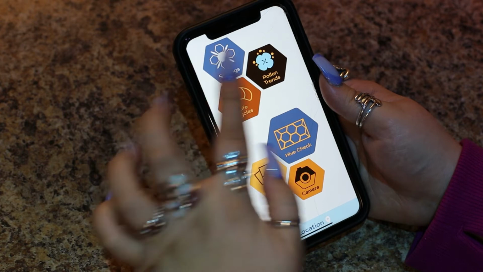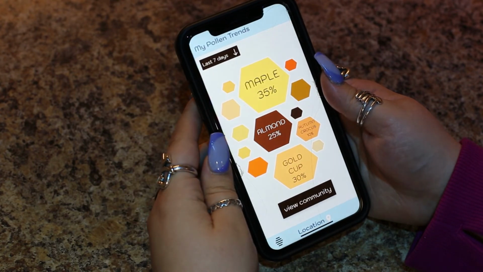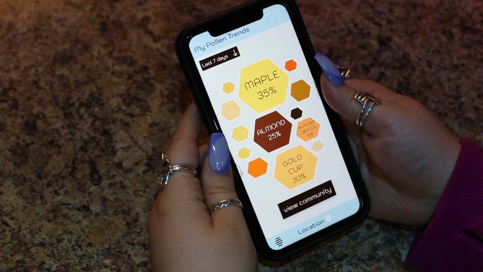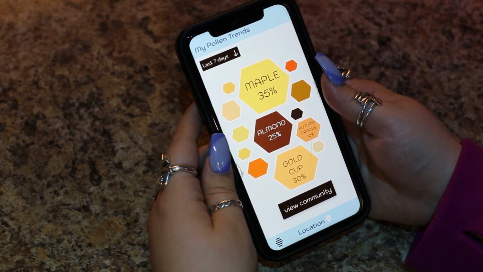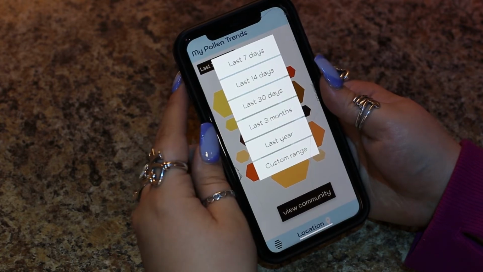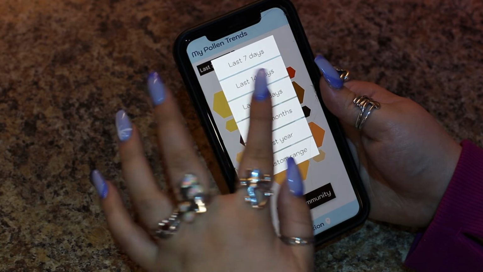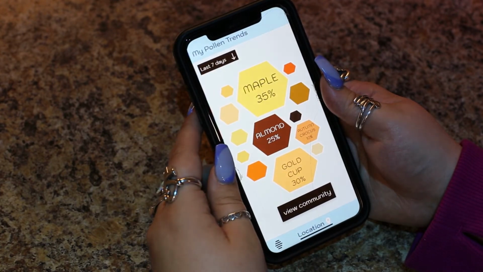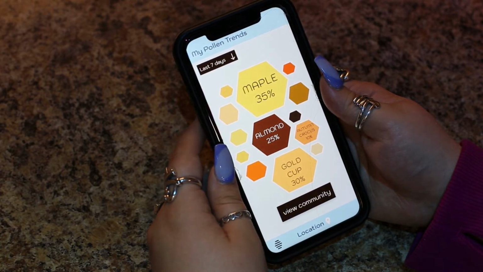Next, Sadie decides to check out her pollen activity. Sadie can view the kind of pollinating plants her bees are harvesting from. Similarly to life cycle trends, the data range can be customized to different lengths of time. Sadie sets her date range to 30 days to get a broader look at what kind of pollen is being